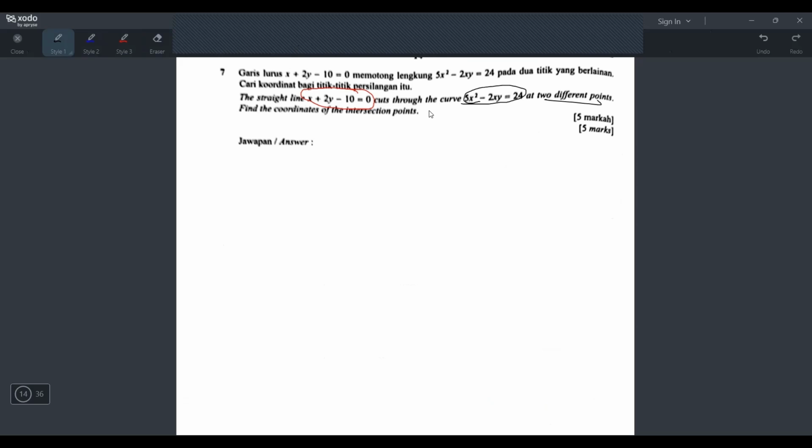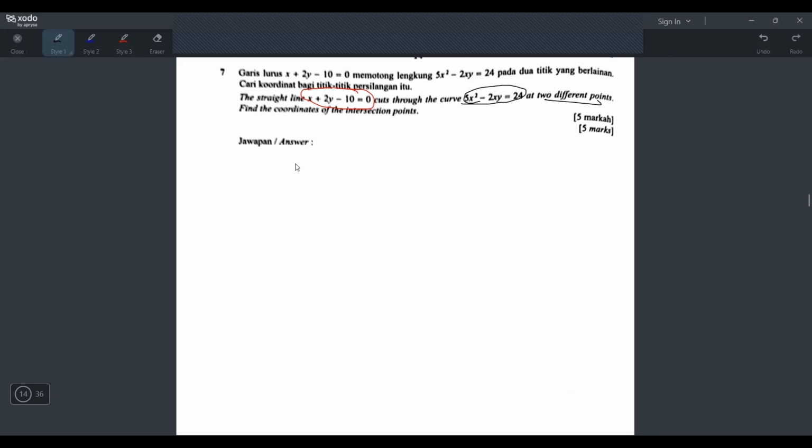Okay, if they want you to find the intersection point coordinates, you need to do simultaneous equations. But for this question, I recommend you to do the substitution method because of these two equations that they give you, one equation is linear, one is non-linear. You can see this equation has a square and xy stuck together, so it's a non-linear equation. So if they give one linear and one non-linear, you cannot use elimination actually. You have to use the substitution method for this, and you have to start with the linear equation,